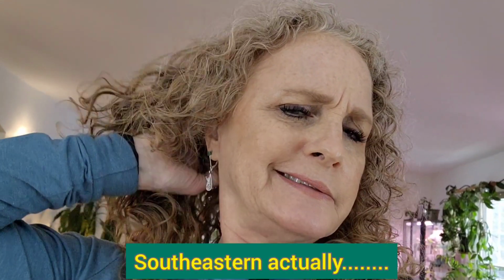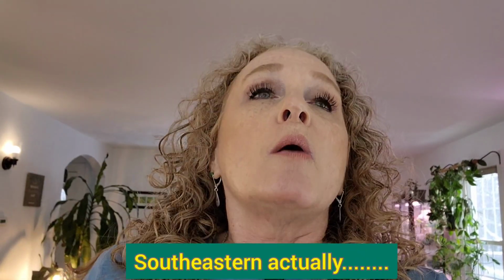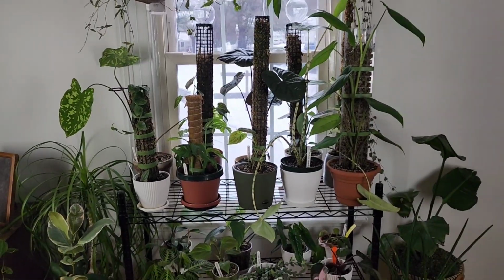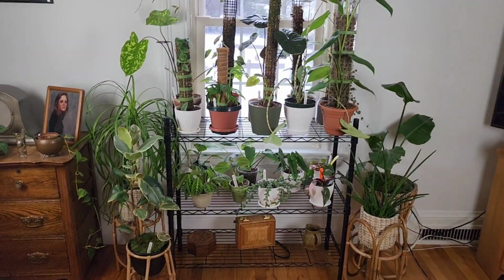All right. So now what I'm gonna do is share with you my north. Is it my north? It's the sunniest window. I can't even think of what it is right now, but where all my moss poles are, and my more rare plants. I wanted to give you an update on how they all look, how they're doing with the poles, and yeah. So tell me what you think. Hold on. Okay. So this is